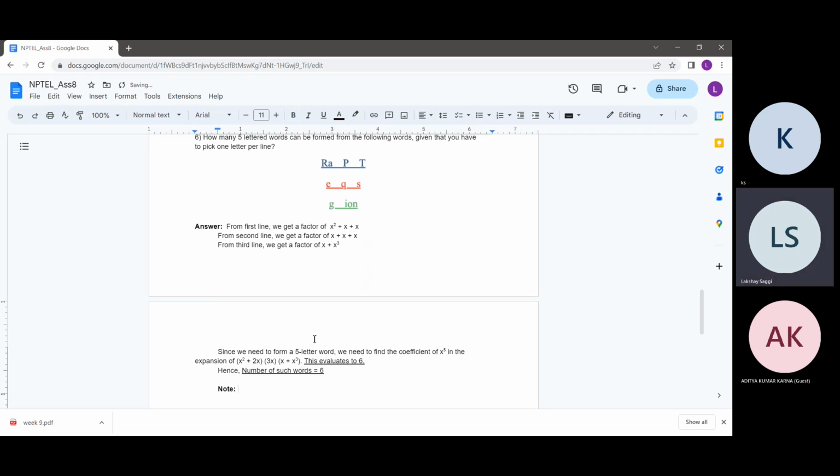So how did we arrive at this solution? What we considered was how many 5-letter words can be formed from the following words, given that you have to pick 1 letter per line. We just assume that we'll be picking 1 letter per line, but we have not assumed any permutations as such. We have calculated the above answer,